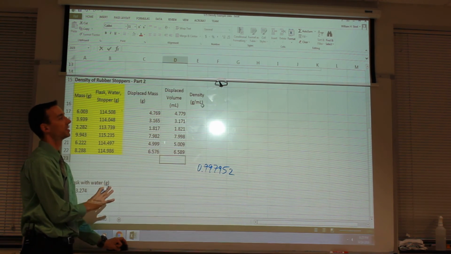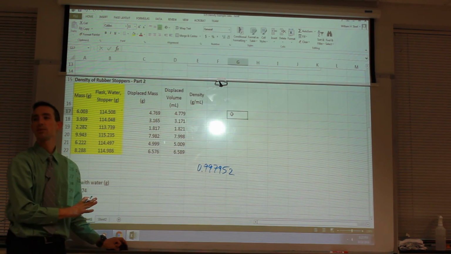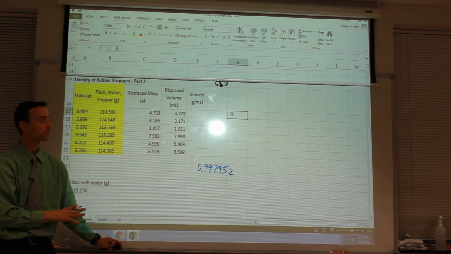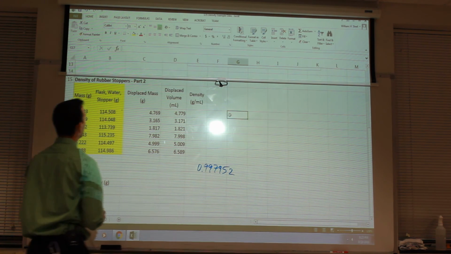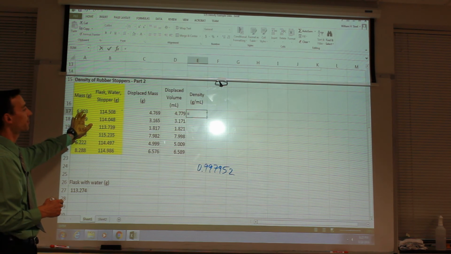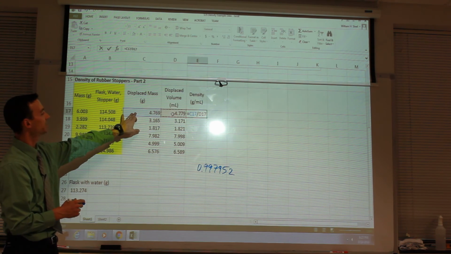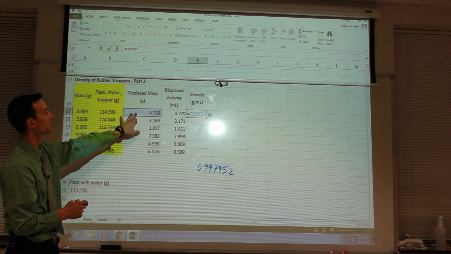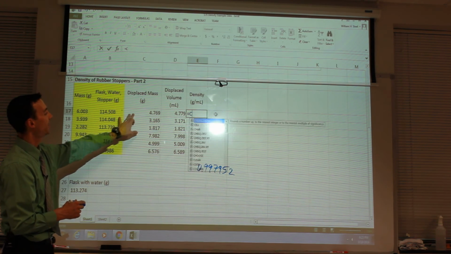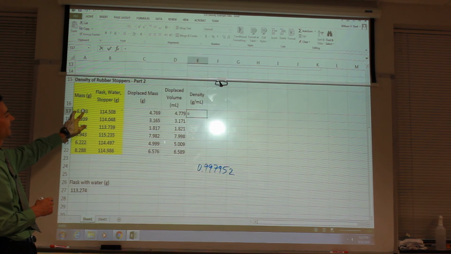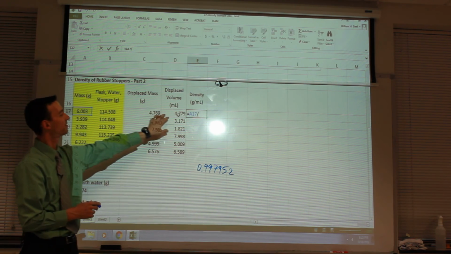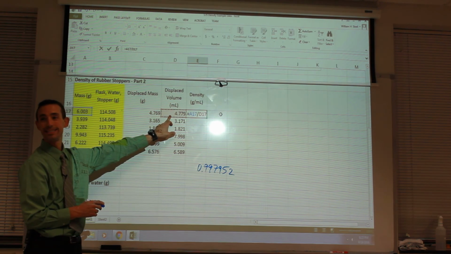That is simply the displaced volume. Next, we need to calculate the density now. So we now need to take the mass of the rubber stopper divided by its volume. Oh, that's the wrong mass, Luke. That's the displaced mass of water. We want the mass of the rubber over here in A divided by the volume, which is now in D